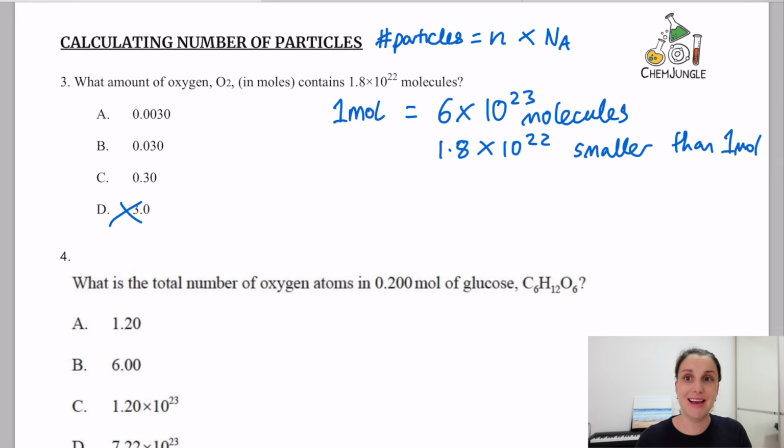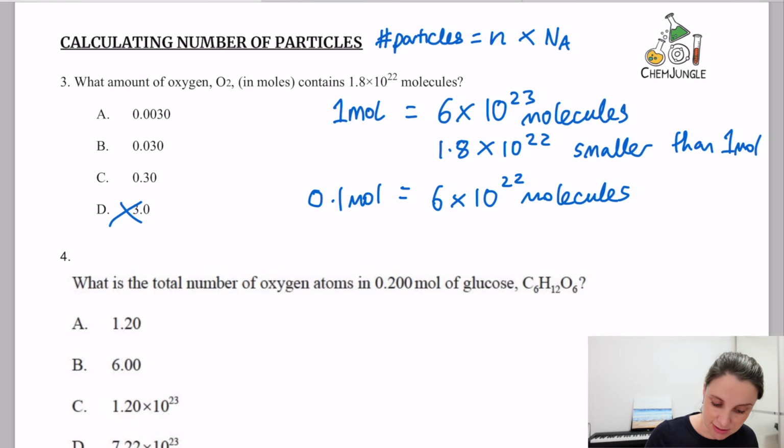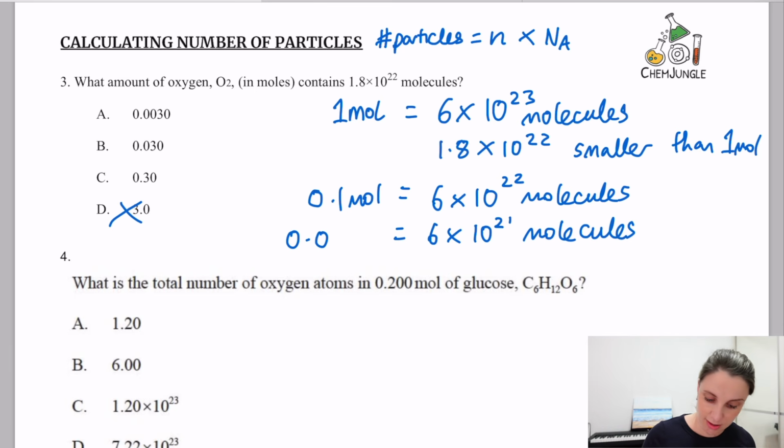So really the question is, how much smaller than 1 mole is it? So if I took this down to 6 times 10 to the 22 molecules, by a factor of 10, that would make this 0.1 moles. So what we've got here is something that's still smaller than this. If we go down again, we're going to 6 times 10 to the 21 molecules. And that becomes